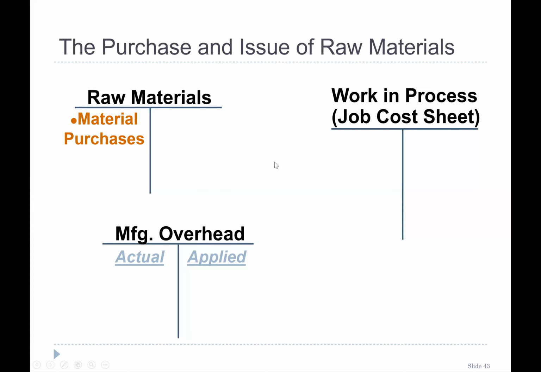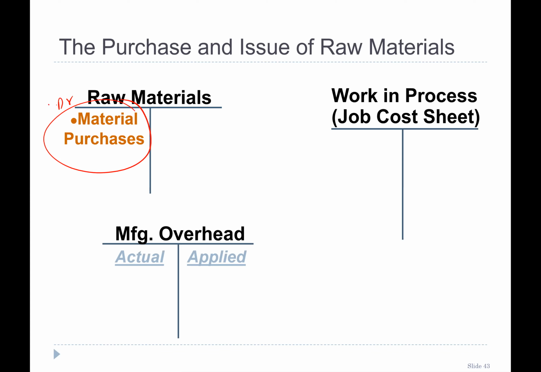Okay. The beauty of a T account is that we can make a T account in advance, even before the journal entry. So how can we do that? For example, if we purchase raw material, remember, raw material is our inventory, our asset, and when inventory increases, assets increase, so we write it on the debit side. That's why when raw material is purchased, it is written on the left-hand side.